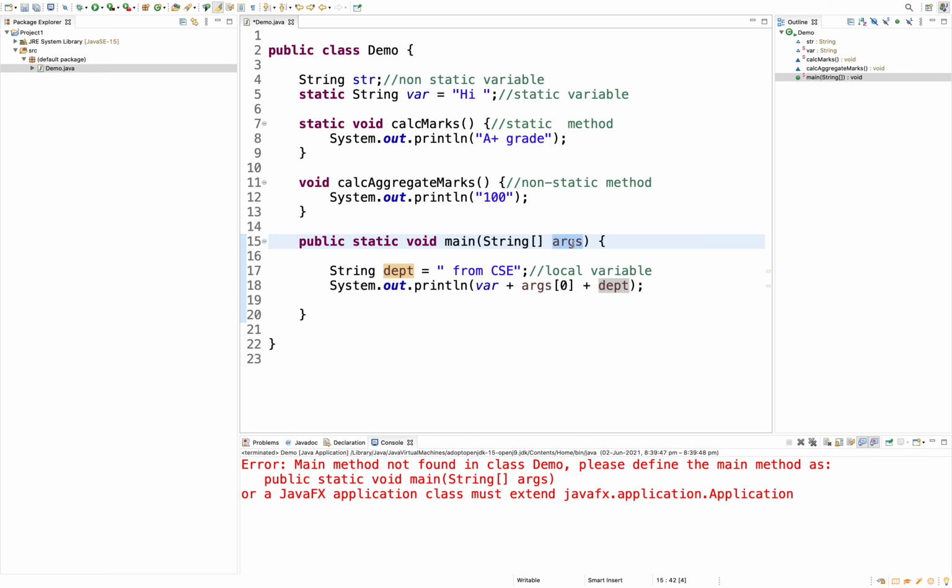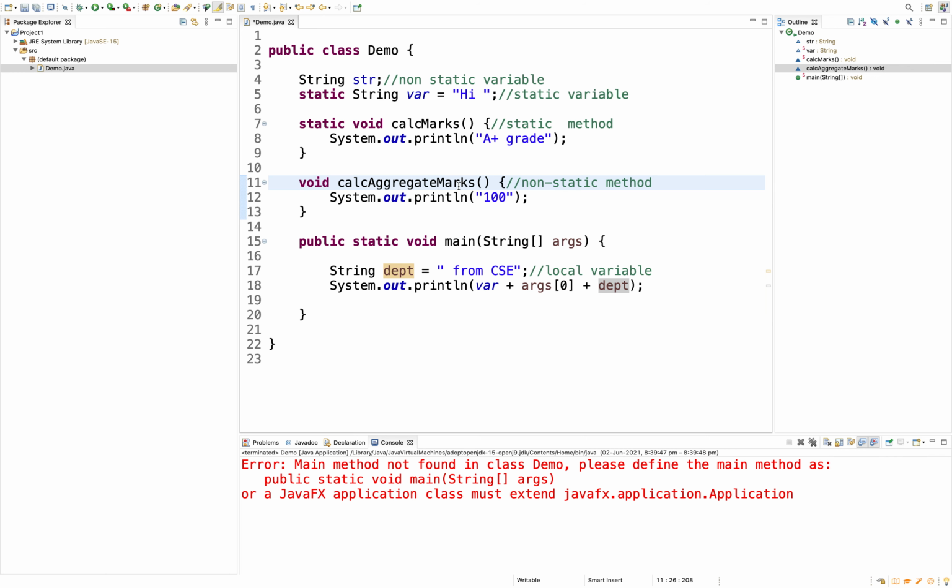This is also a local variable to this method. Once the method execution starts, memory is allocated for these variables, and once the method execution completes, the memory is deallocated and there won't be any such variable in the stack area. That's what a local variable is, and you should not confuse a local variable with a class level variable. We should have a proper idea of that.